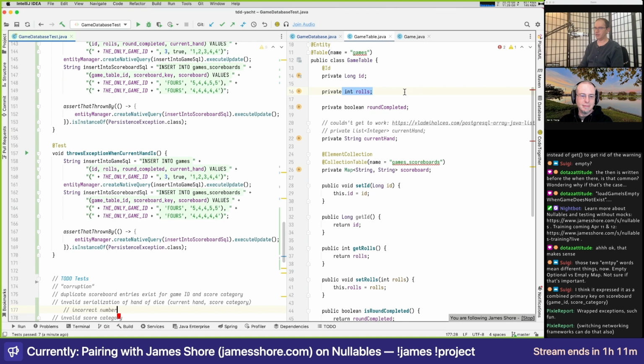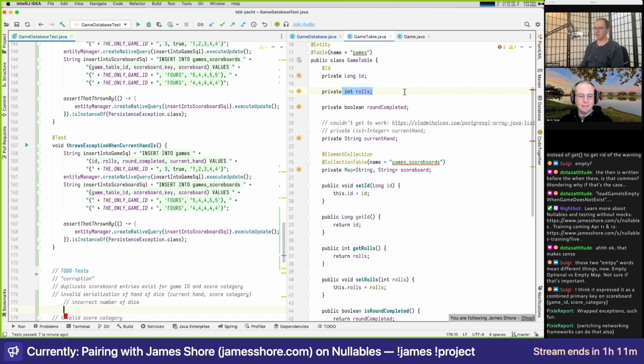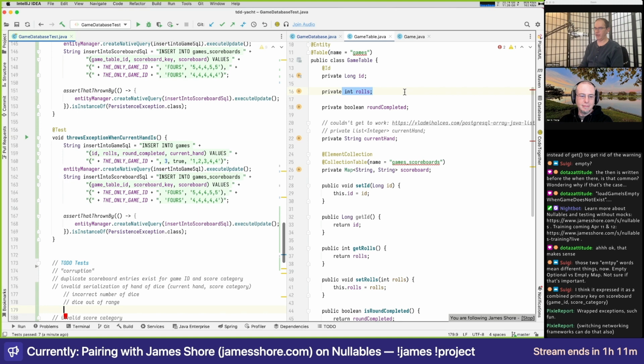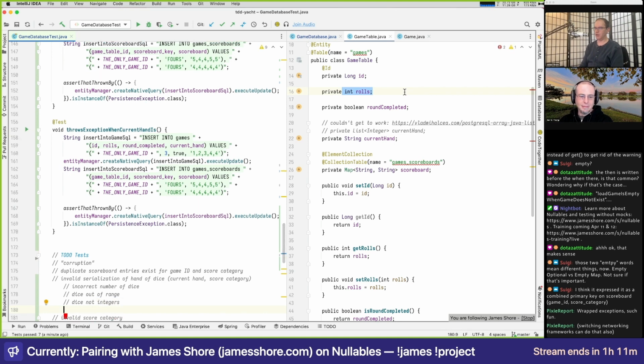Incorrect number of dice, dice out of range, dice not integers. And I think we're going to want to do all of those.